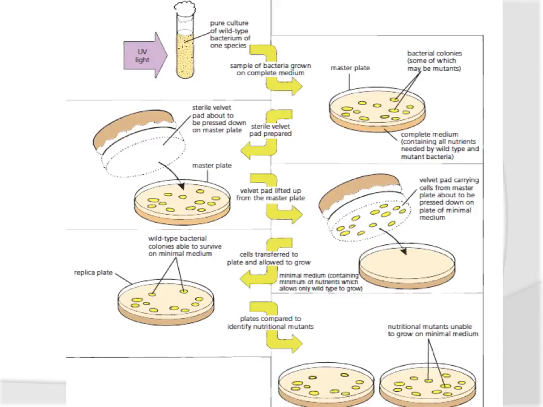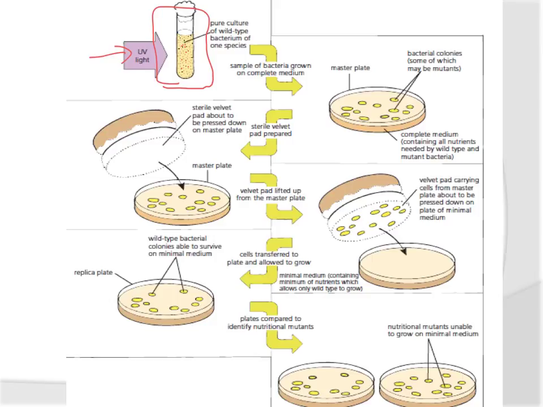Well, here you are with your wild type of bacteria, and you're wanting to make some kind of change to it. What you want to do is change it from growing in some sort of really expensive nutrient agar to a type of agar that is a lot cheaper. And at the moment, your bacteria that are in here have got very expensive taste. So what you want to do is try and create some sort of mutations that are going to grow on this cheaper media. So you shine some UV light onto it,